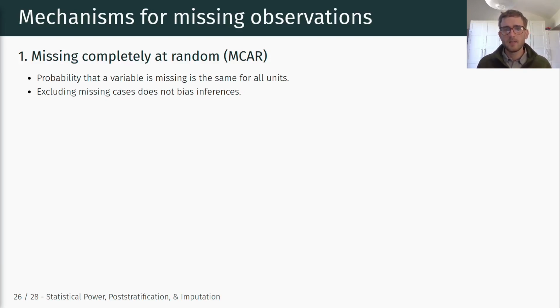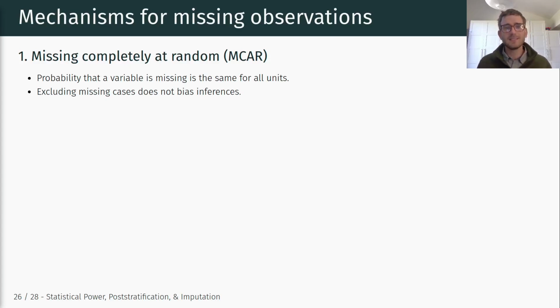Okay. The first type of missingness is missing completely at random. What we mean by missing completely at random is that the probability that a variable is missing is the same for all units, okay? You can think of it as basically flipping a coin for each observation or each value, and if it lands on heads, it's missing. If it lands on tails, it's not missing. It's a completely random process that determines whether some values are included in the data set and others are not,